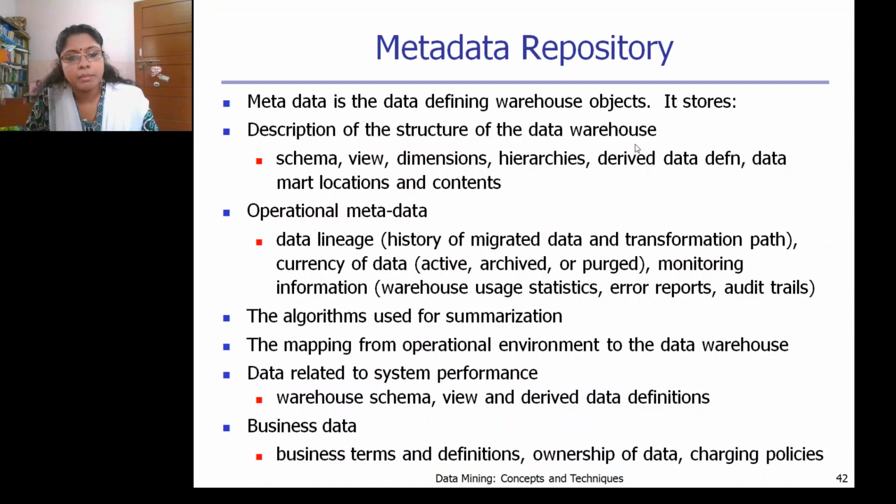Next is operational metadata. Operational metadata is actually the history of the migrated data, the transformation path, and whether the data is active, archived, or purged.